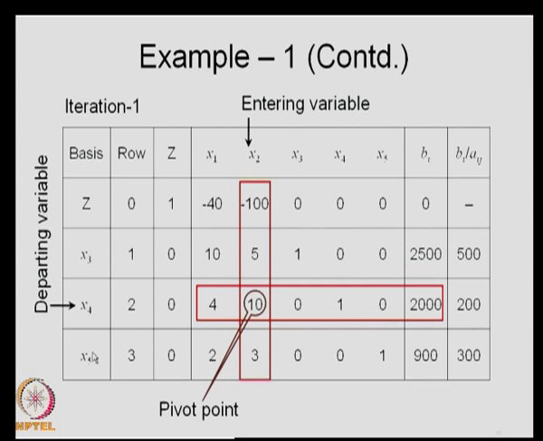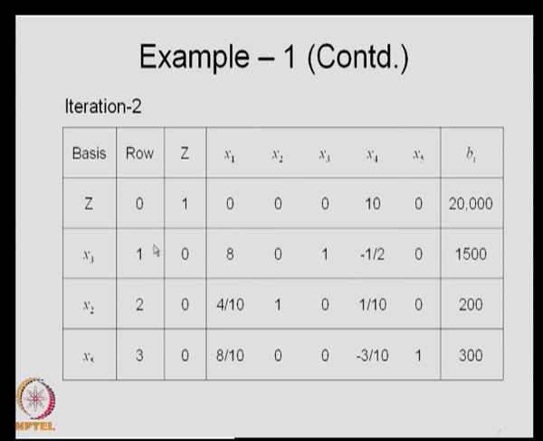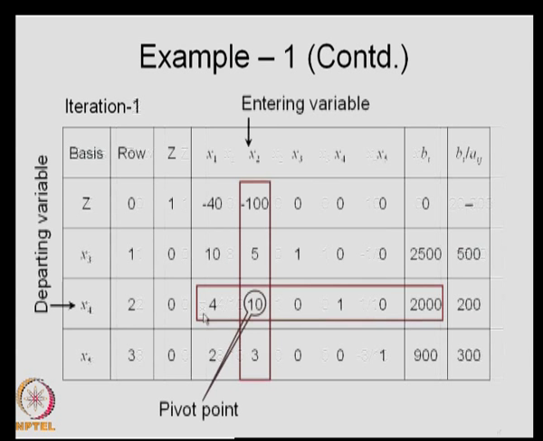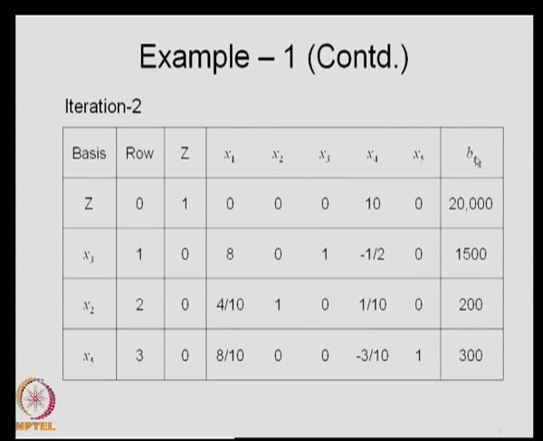So, when you go to the next W, you rewrite the basis first, then divide all the pivotal row elements with the pivot. This is the pivot now. So, that is the first transformation you do. So, when you go to the next W, first rewrite the basis x 3, x 2, x 5. The x 4 variable went out of the basis and x 2 variable came into the basis. Then you wrote the pivotal row first by dividing all of these elements by 10, which is the pivotal element. So, 4 by 10, 1, 0, 1 by 10, 0, 200. That is what you got here up to bi column.